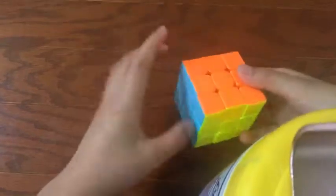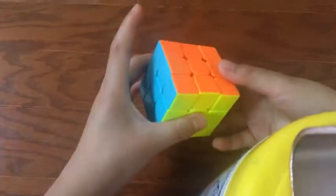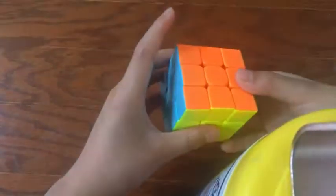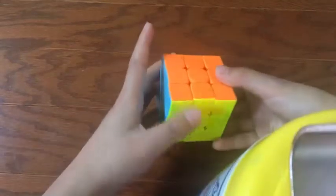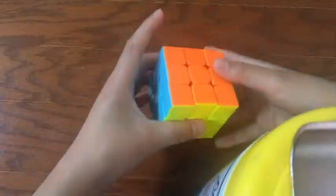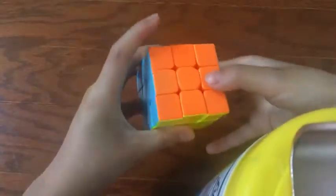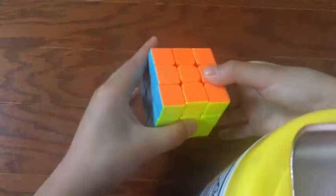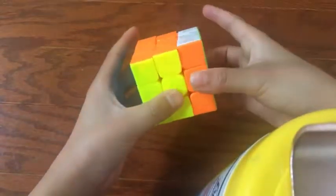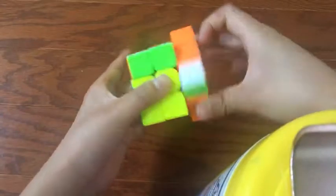So put on your left hand your thumb and your middle finger on both centers, the yellow center and the white center, and your thumb and your middle finger on two edges of your right hand, the red and orange one. So now what you want to do is R prime, and so you see I brought these down. Then U R prime,